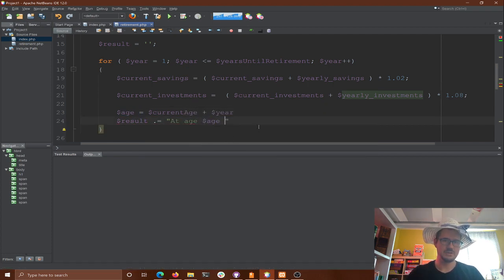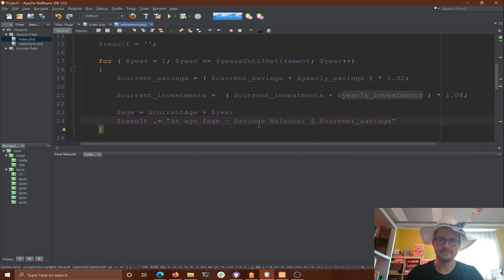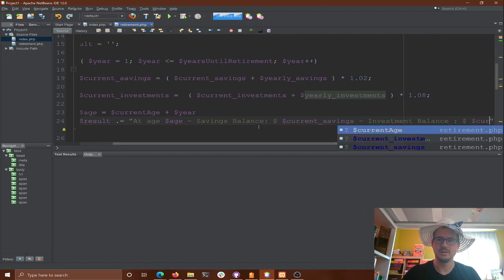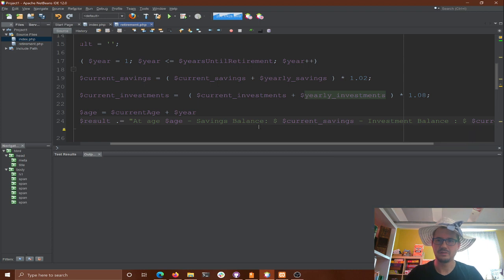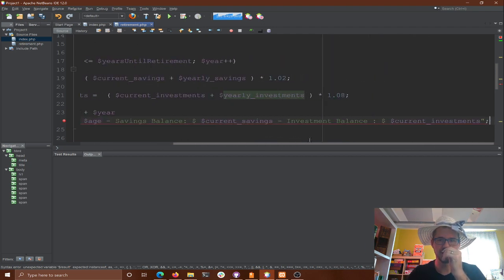So at age, savings balance, dollar savings balance, current savings, investments balance, dollar, and dollar current investments. Okay, and again, it's a little bit long, I'm sorry. I think we've got it there.